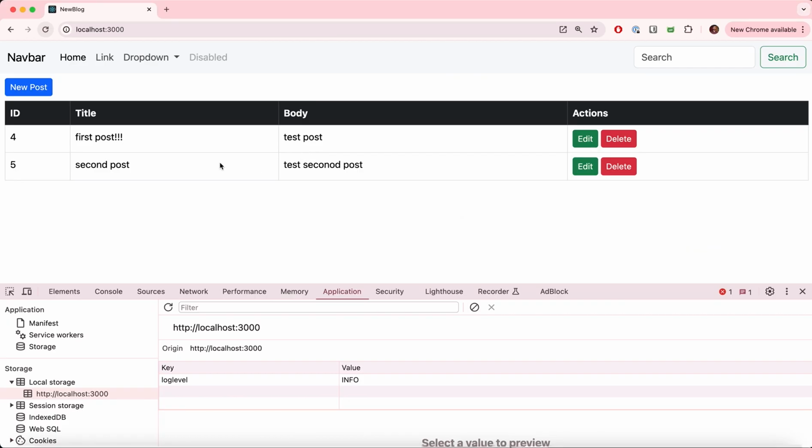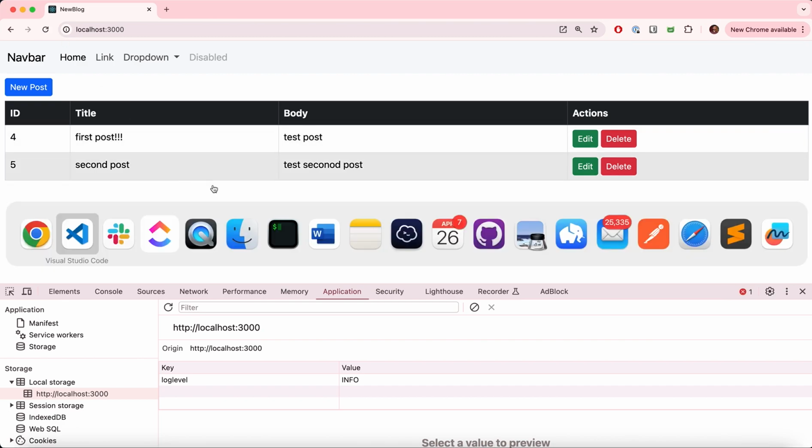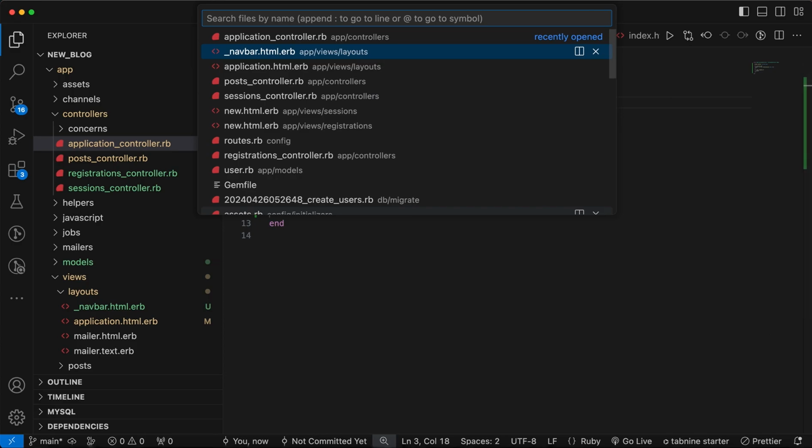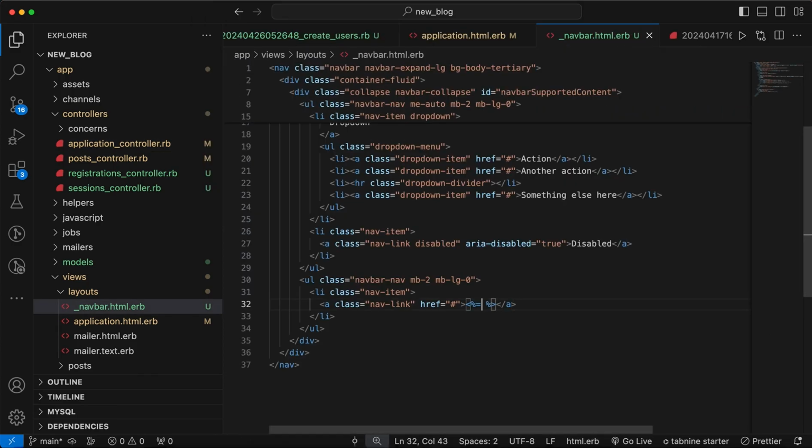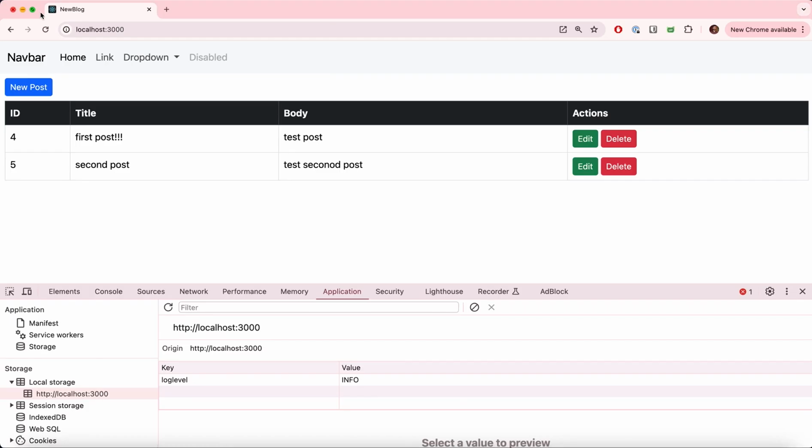I think so. Let's refresh. And then we can call the method here in the view, current_user, right? And then current_user.name, right? So if we refresh,